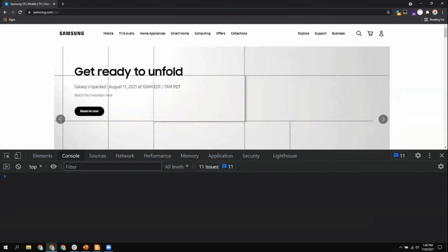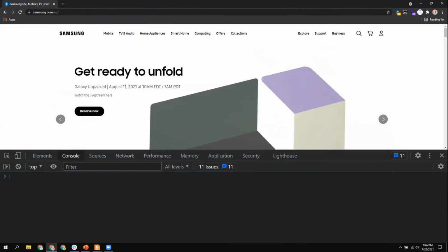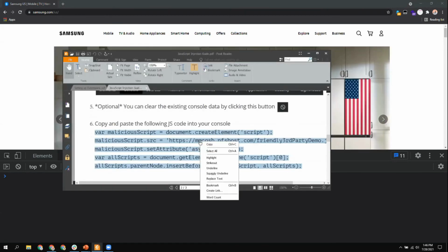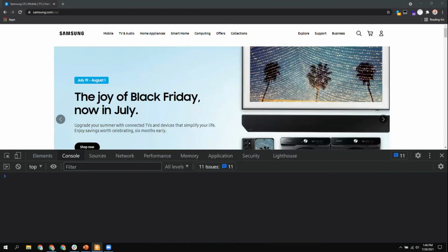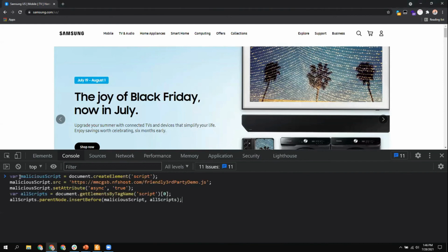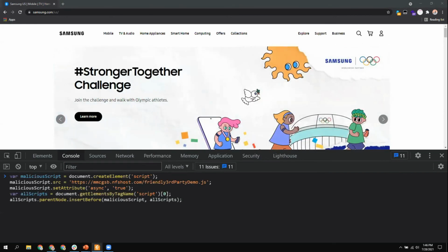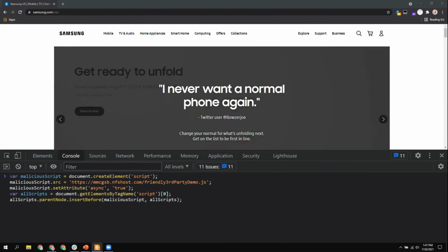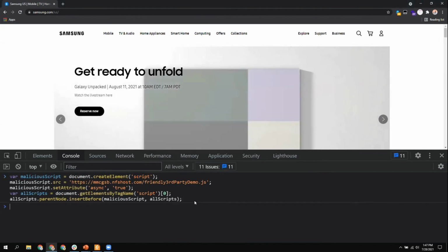But what we're going to do is, inside our JavaScript injection guide PDF, when you have it, or if you're looking at it now, on page 2, there is a block of code. We're going to copy that block of code. We are going to paste that code in the console. And we are going to execute that. We're going to click enter and have our browser execute these lines of code. So when I do that, and I'll just click enter here,